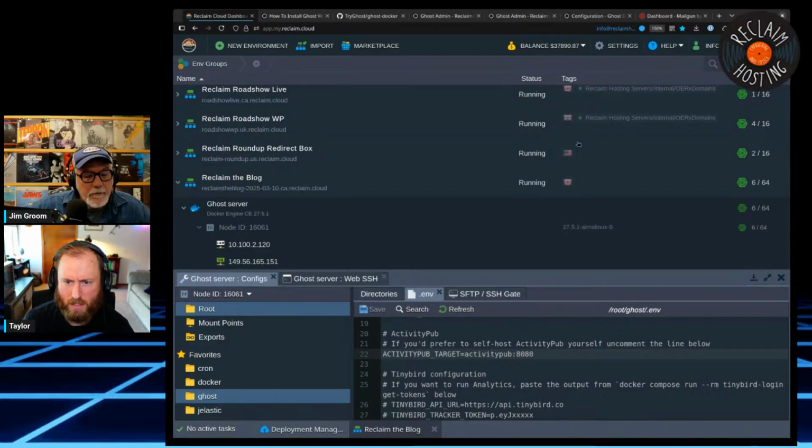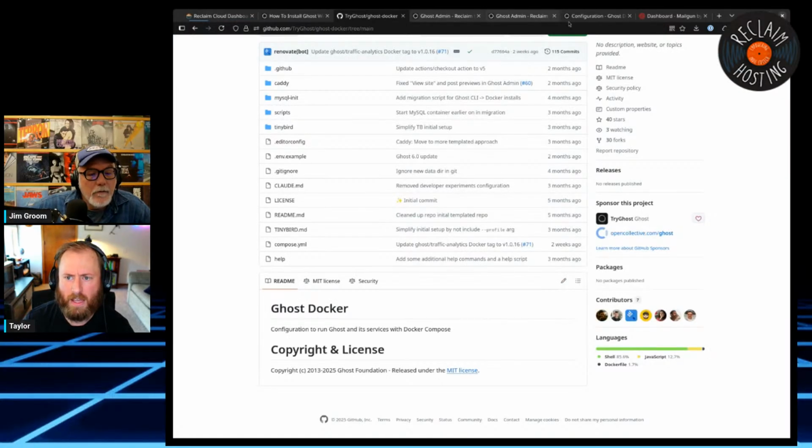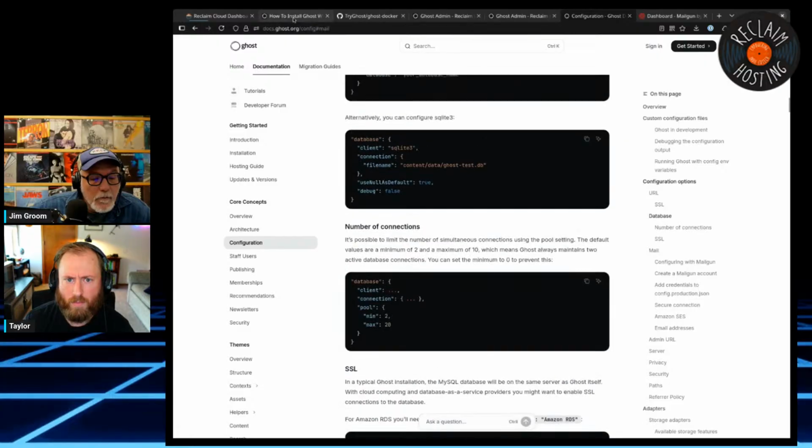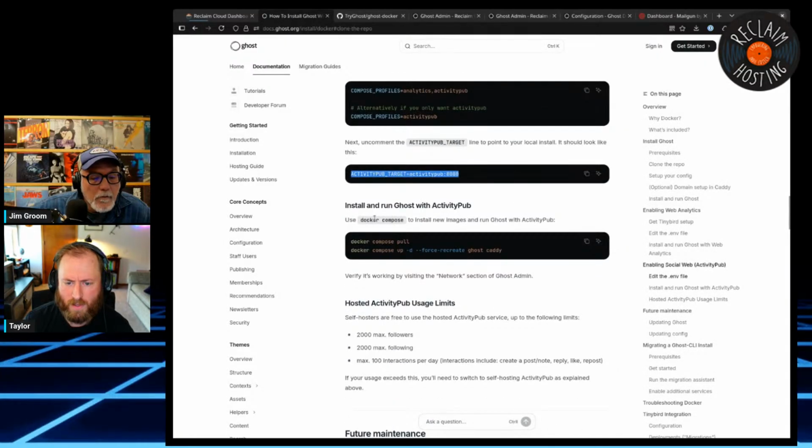Nice. Great. Beautiful. And what else do they want us to do? Then we just need to pull the ActivityPub image and run this command, which will bring ActivityPub up, and it's going to force Ghost and Caddy to restart with the new settings.